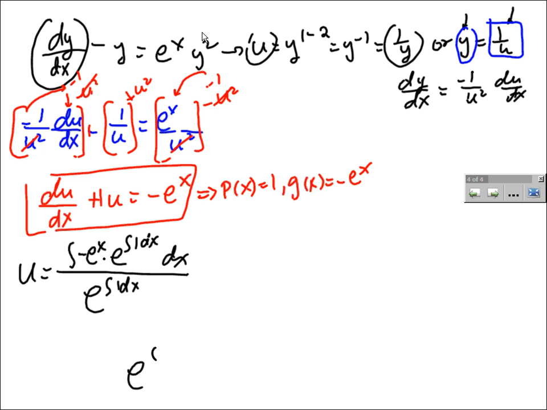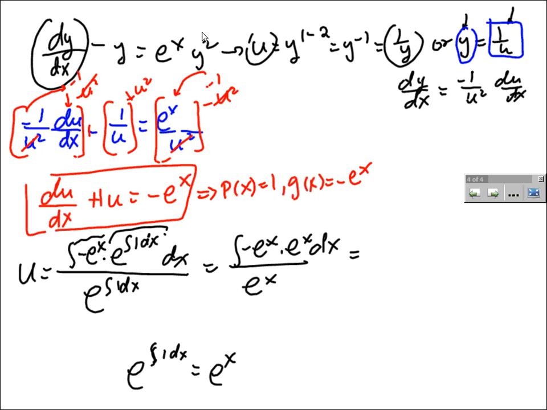Well, e to the integral of 1 dx, well, the integral of 1 dx is x, so it's e to the x. So the bottom is e to the x, the top is negative e to the x, that's from here, times this, which is e to the x